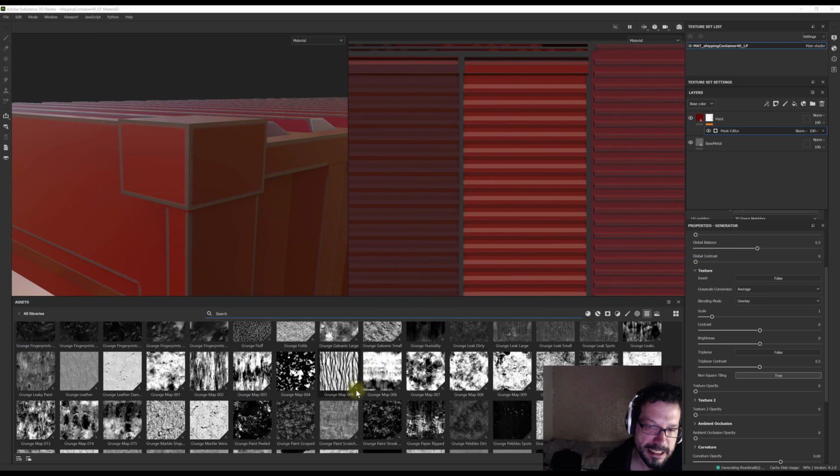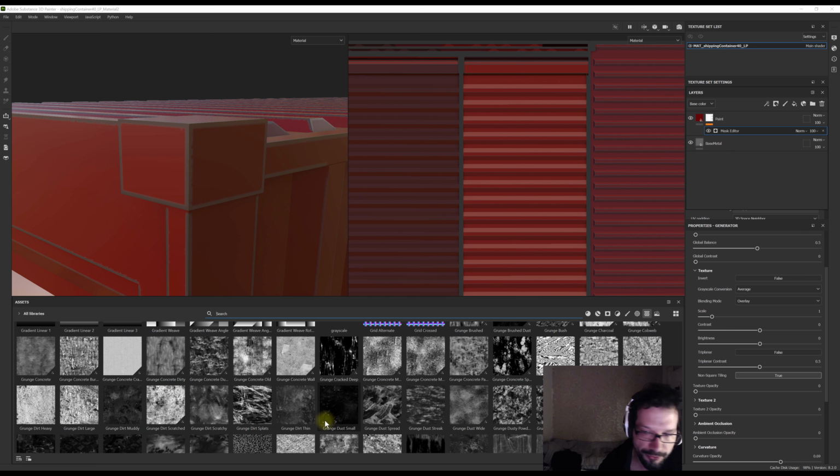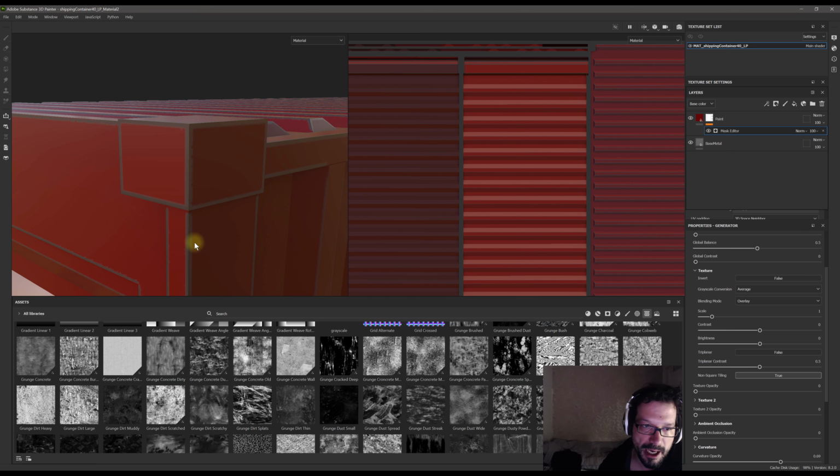For example, maybe we should find something that will break away this very uniform edge treatment that we have given this object. So let's go with concrete dust, for instance, and I'm going to grab this